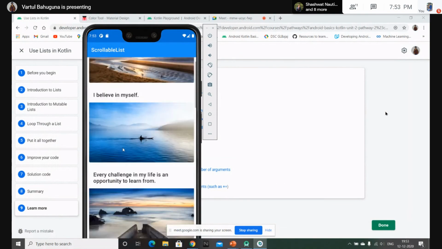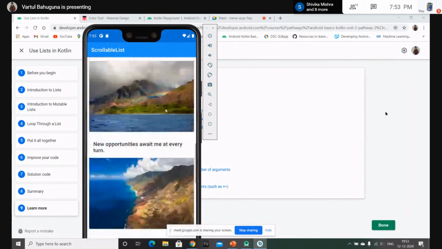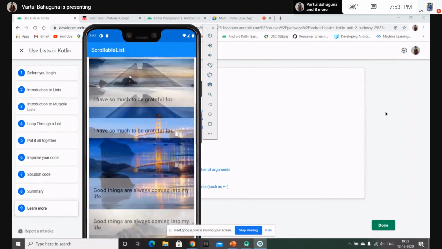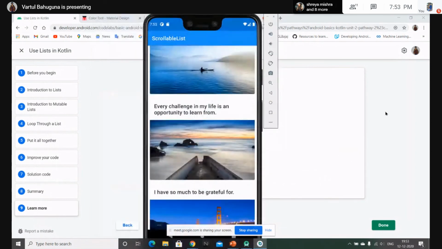You can figure out that we'll be adding some images in our resource folder. So let's just start making this app.